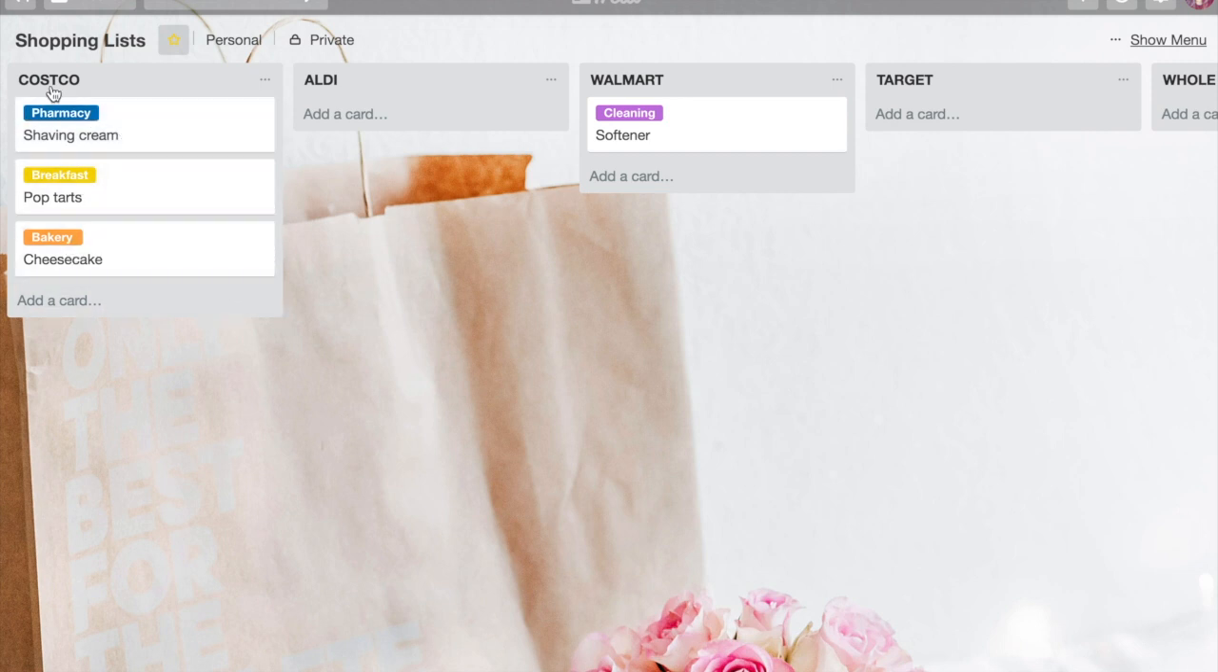So shaving cream is in the pharmacy section of Costco, Pop-Tarts are in the breakfast aisle, cheesecake is in the bakery section, or when I go to Walmart and I need softener, that's in the cleaning section. So this helps me keep track of all of the things that we need from each of the stores that we go to and where I can find them. So it just makes it a really easy process to go in, get what I need, and go back out